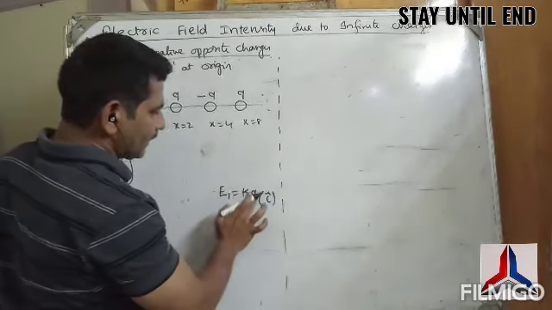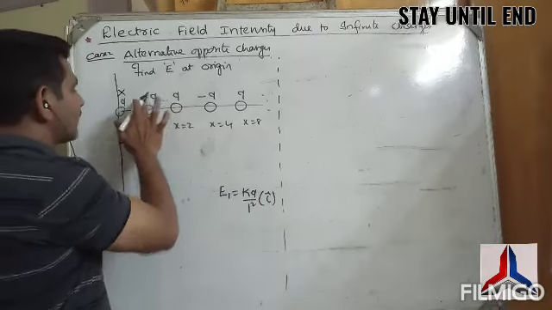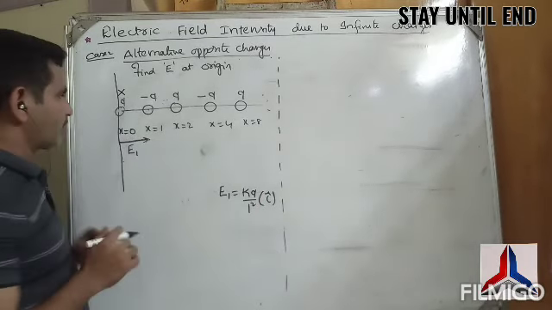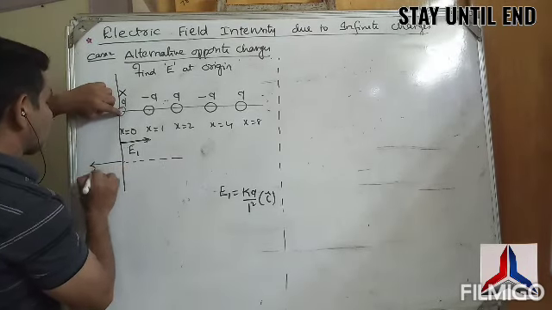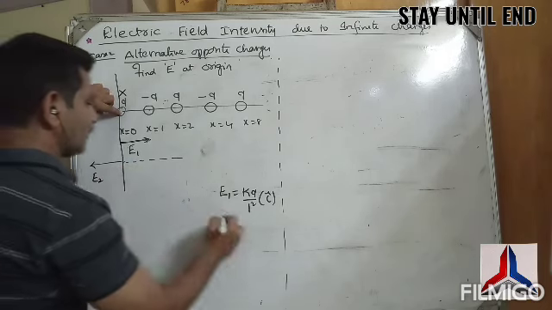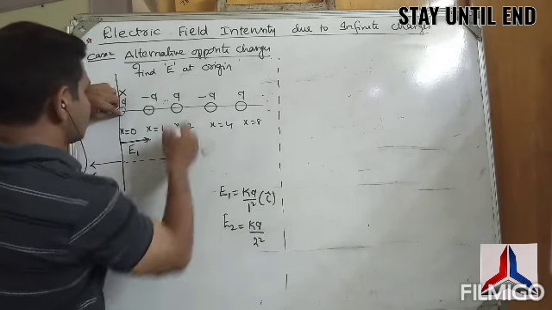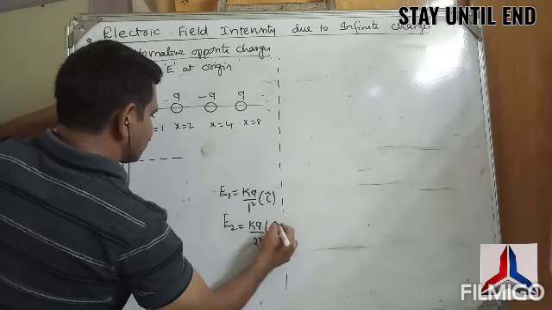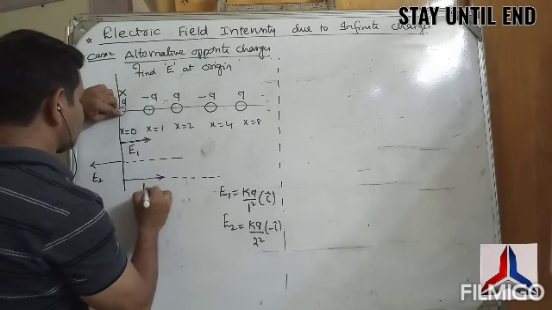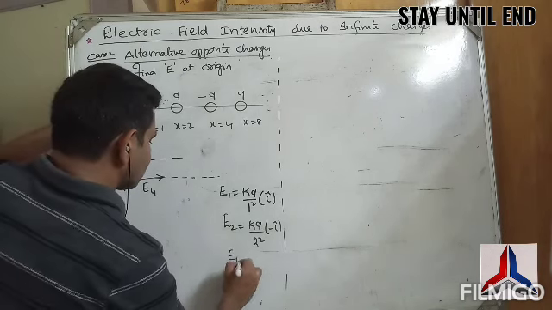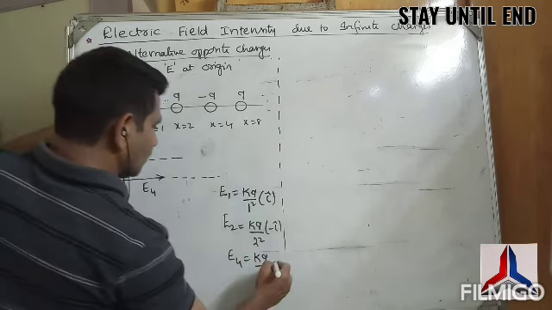While you are writing the electric field intensity, you should not write negative here. You should use negative only for taking the direction towards negative. That is enough. Now this is the second charge. At what distance is it? It is at 2. So away from positive, I think you can understand. This is the positive charge. Therefore its electric field intensity is KQ by 2 square, away from positive, minus sign. Right? Now this charge is negative, so towards negative. E4 is equal to KQ by 4 square i, because negative charge, towards negative.